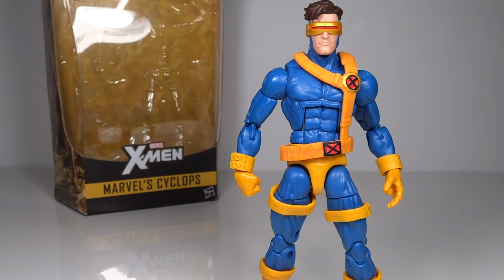So I'm really disappointed in the fact that they didn't glue the straps, and there's no way to represent his power. However, he looks amazing. He looks awesome on your shelf, and he's going to look great with your X-Men collection. However, this could have been easily the best figure of the wave. It could have been spectacular, and it turned out to be...